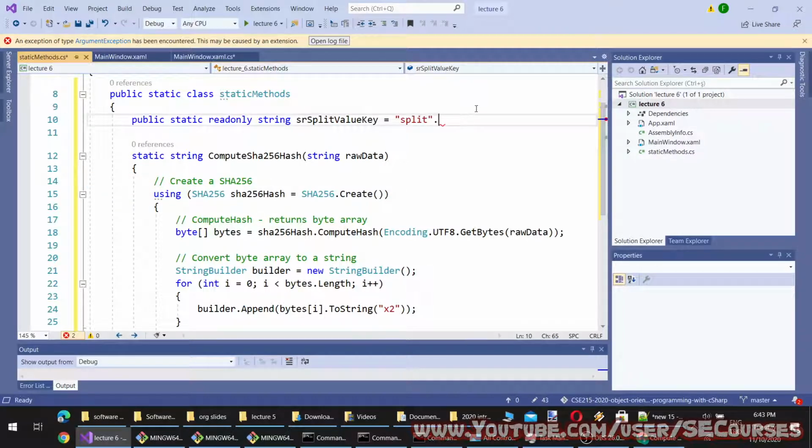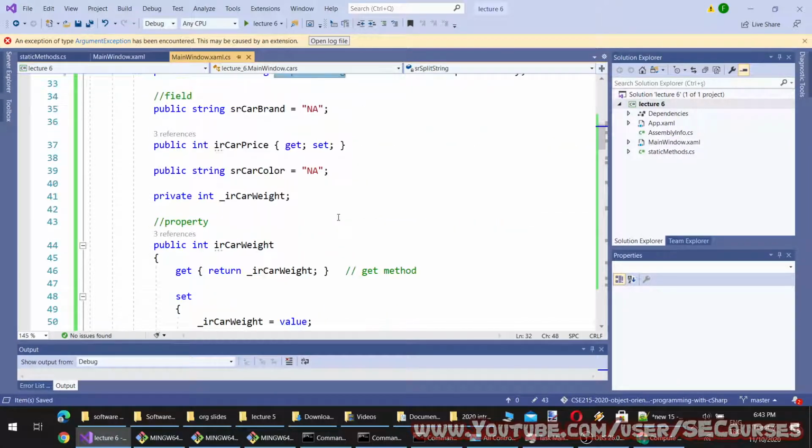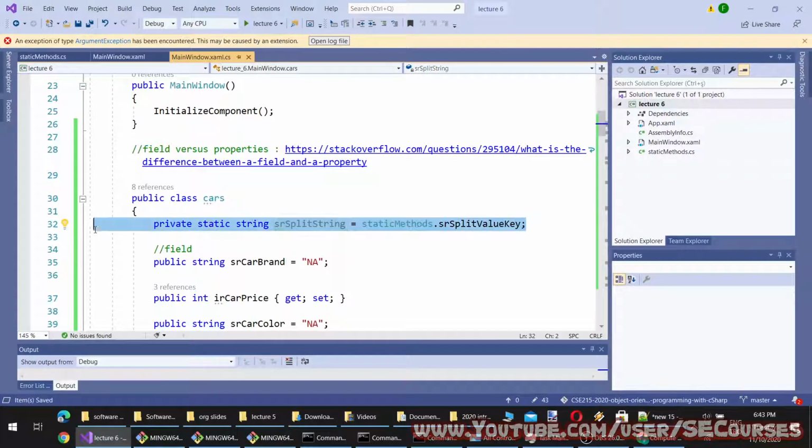Then it will be the hashed value of compute this string. With this split value key, I will add keys. So I'm going to remove this, or I can assign this to my static methods and split value key. Both would work. However, this would increase my object size a bit with one string length of the key.